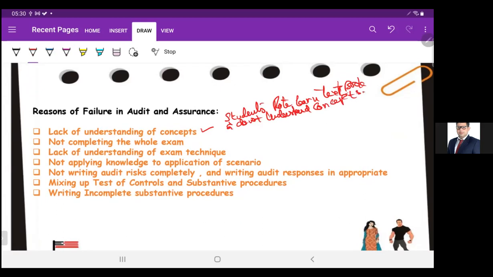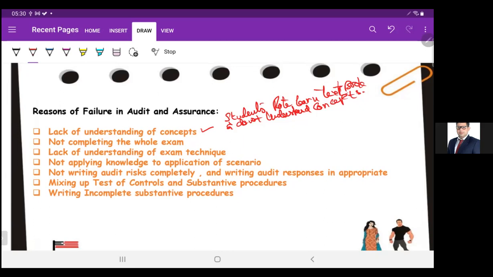They do not get a major understanding of the concepts. Due to this, they are unable to connect the knowledge correctly to the scenarios, and that's why they fail